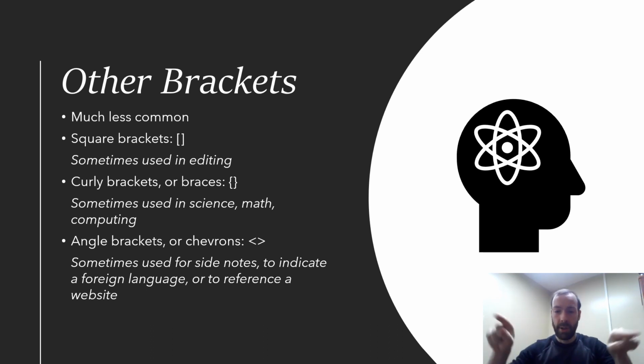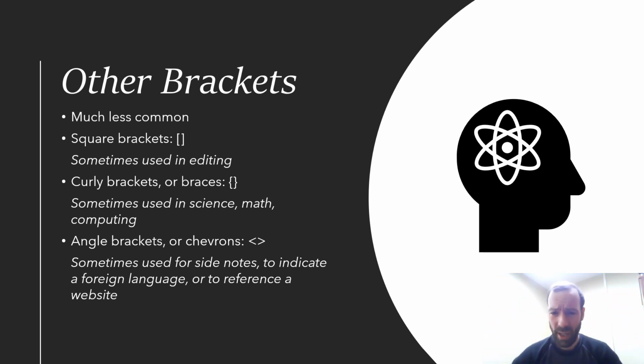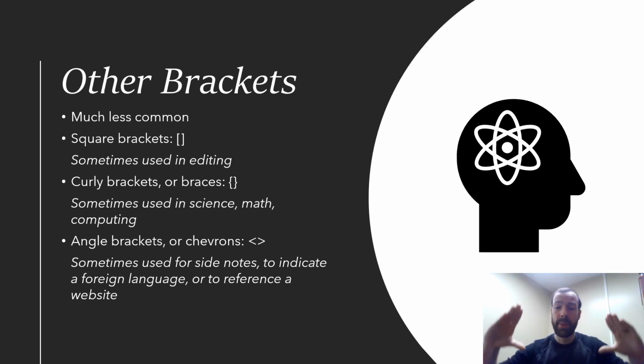We also have these curly brackets, also called braces, which are sometimes used in science or math or computing. We don't ever really use them in English writing. And we also have angled brackets, also called chevrons, which are kind of like triangles. And those are sometimes used for side notes. Sometimes you see them indicating a foreign language. I might be writing in English, but this is actually in Mandarin, so I'll put it in angle brackets,